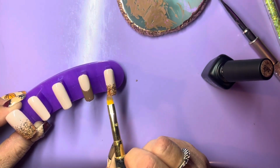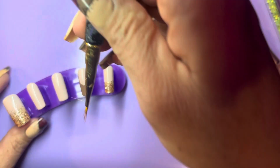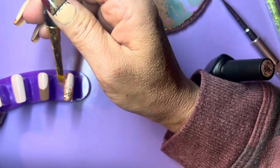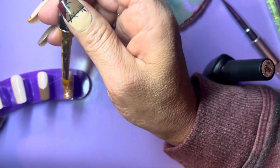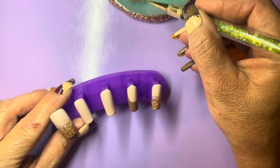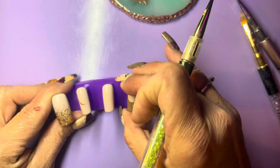I got a little bit too much polish on there at the tip, so I took it off. So I'm just going to wipe off that brush real quick and then go in and do the ombre on the pinky, about 3/4 of the way up the nail. And now that I think of it, I should have probably changed which finger the glitter was on my other hand, but oh well. So here's where I go in and do the French tip on the pointer finger